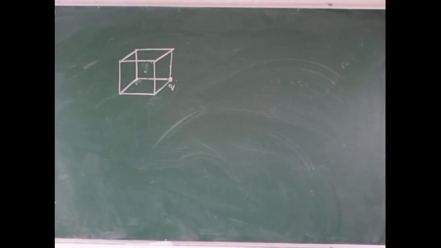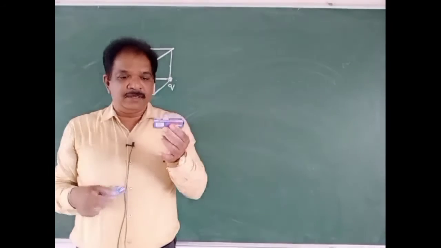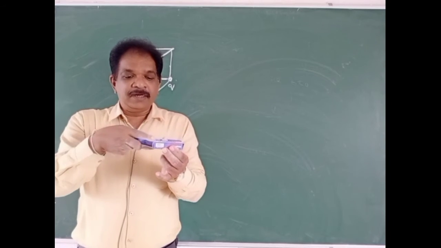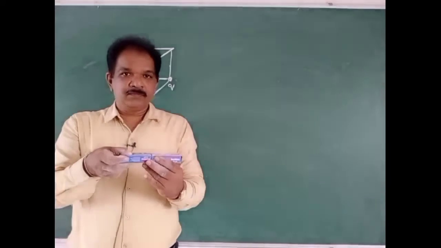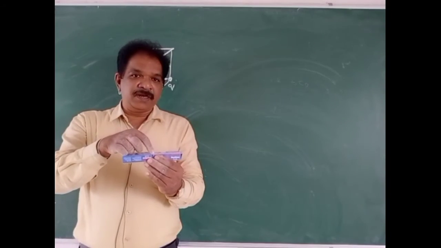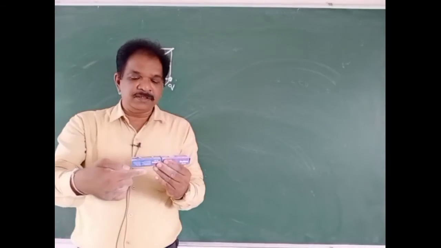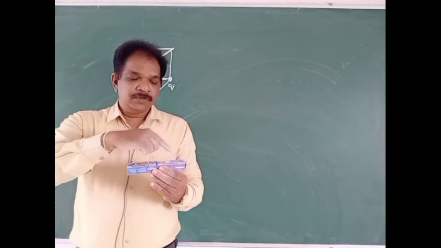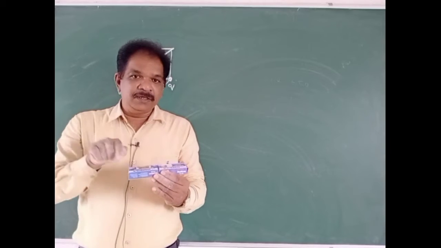If there is a cube like this, it is not actually a cube, it is a cuboid. Here I kept the charge. What is the flux through this cube? Here I kept one more. This charge will not be enclosed. Why is it not closed? This side is opening, this side is opening, top is opening. So this side too, above 4, if we keep, then a big cube will be formed.